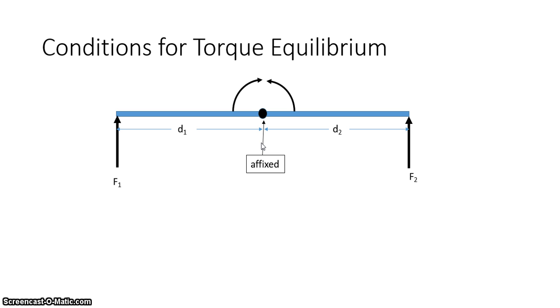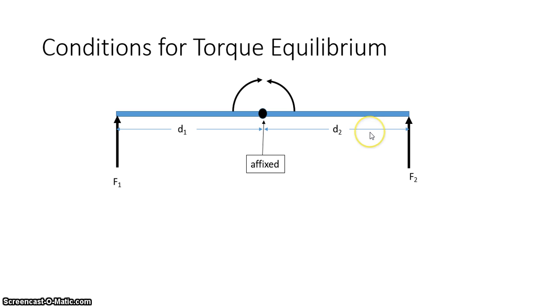Okay, so now that we understand that, let's look at this diagram that demonstrates the conditions of equilibrium. In this diagram, we have this bar going all the way across, and this bar is affixed at the center point right here. Now the distance from the center point to where force number one is being applied is represented by D1 here, and the force is F1. And if we have another force being applied over here, and the distance between the force and the point of rotation